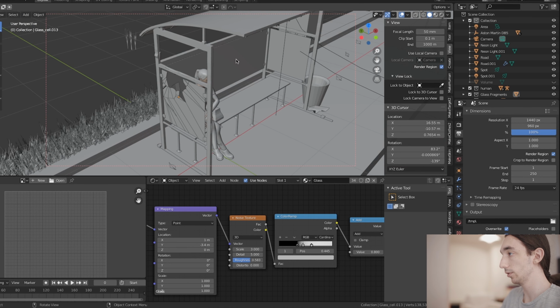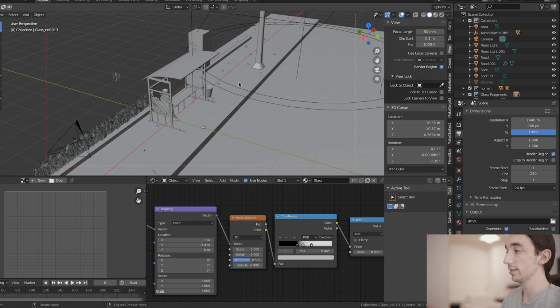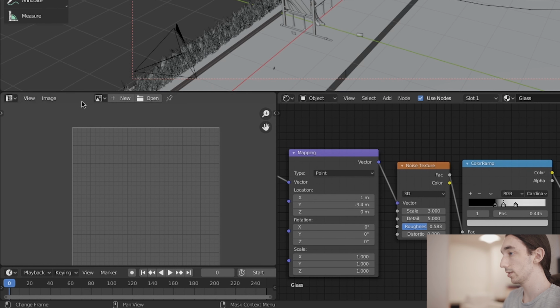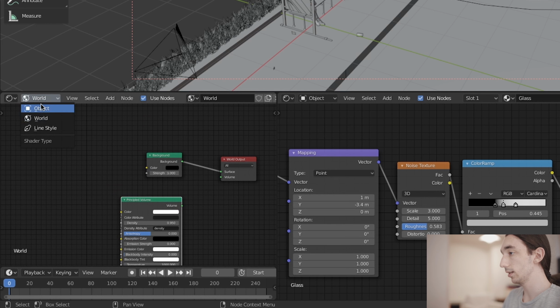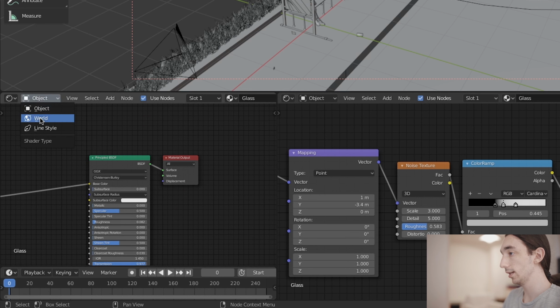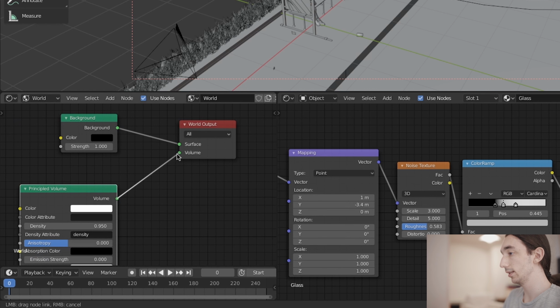You have a model, you have some bus stop here, some grass. So let's start talking volumetrics, right? First, where do you apply volumetrics? There are two things you can do. You can apply volumetrics if you open up the shader editor, which I'm gonna do here. There is the option of object shading and world shading, right? You can apply the volumetrics here in the